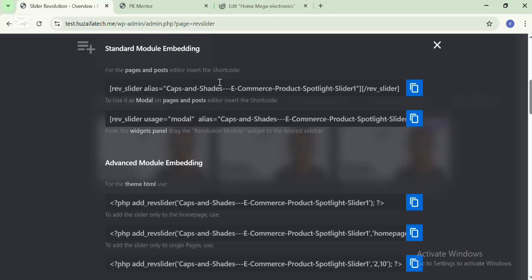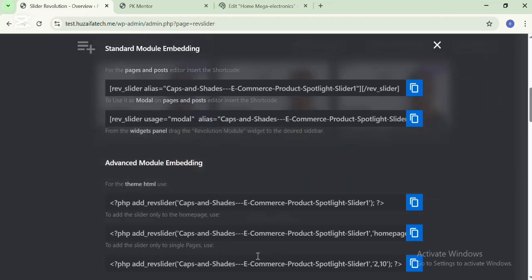And here you can see the standard modules embedding shortcode. You can use this for pages, posts, and for theme HTML, theme functions.php. You can use this module embedding,